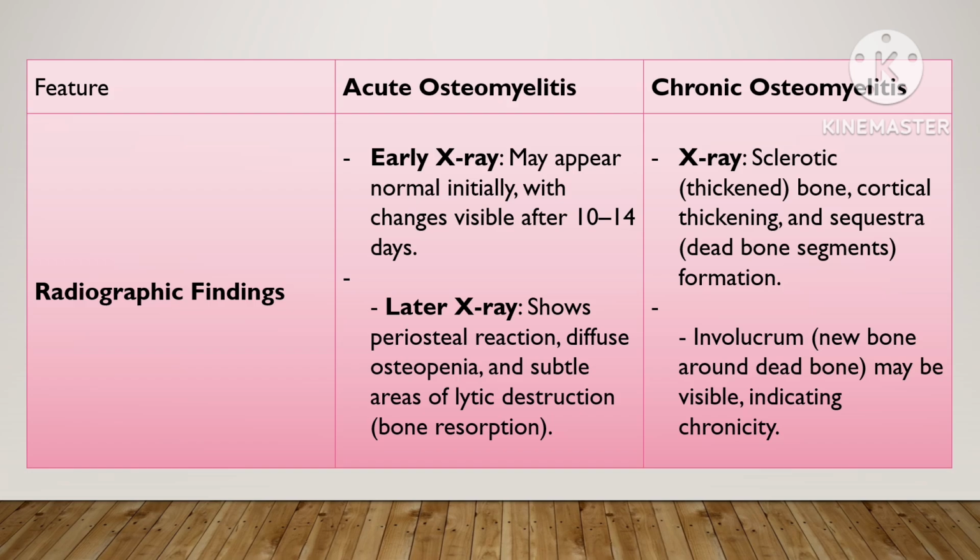In case of acute osteomyelitis, the early X-ray may appear normal initially, with changes visible after 10 to 14 days. But in later X-rays, it shows periosteal reaction, diffuse osteopenia, and subtle areas of lytic destruction. But in chronic osteomyelitis, the X-ray shows sclerosis, cortical thickening, and sequestra, which is a dead bone segment formation. Involucrum can also be seen in chronic osteomyelitis, which is a new bone formation around the dead bone, indicating